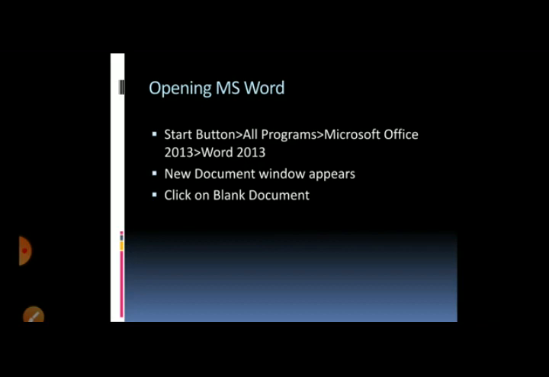Next, you will go to Word 2013. Since we are working in a word processor, you have to click on Word in Office 2013. After that, a new document window will appear. It displays the list of different types of new documents in thumbnail view. Click on the blank document thumbnail. Since you have to create your own document, you click on blank document. Various templates are available in thumbnails, so from there you can select your own, but basically when we are creating our own document, we choose the blank thumbnail.